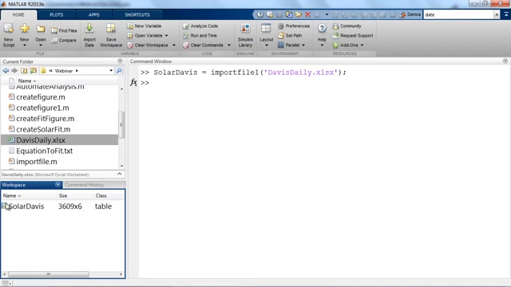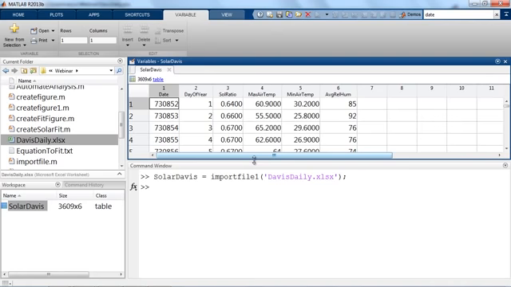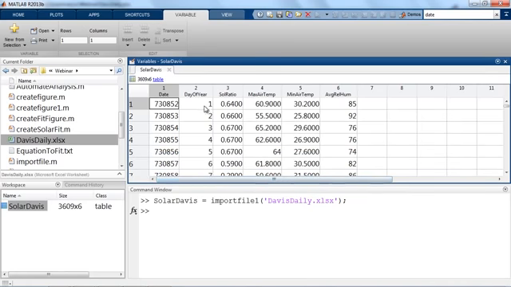Now if I double click on any variable down here in the workspace, it'll open it up in what we call the variable editor, where we can interactively examine and modify any value. And here you see the different columns from Excel residing inside of our table. And I can use the fields inside of the table the same way that I would use a lot of other variables. So if I just select this column here for solar ratio,